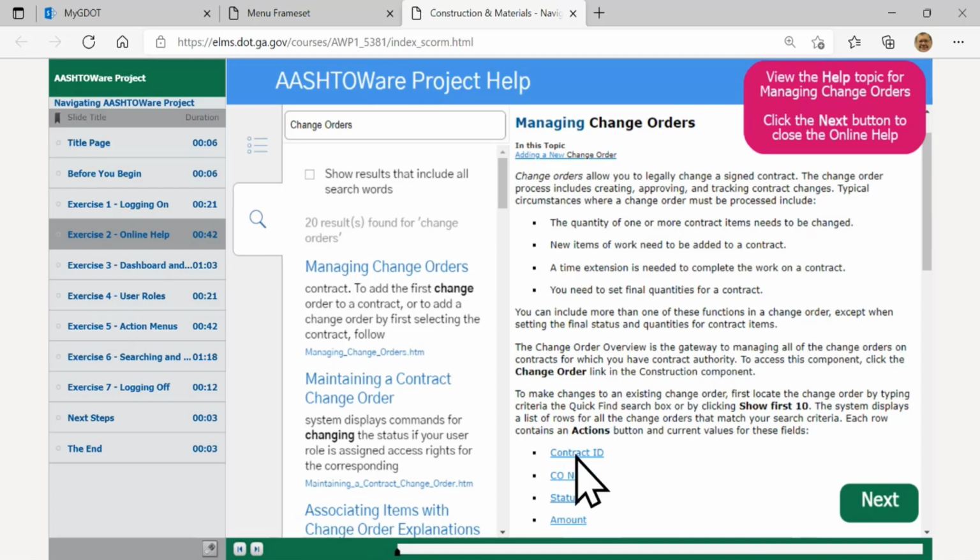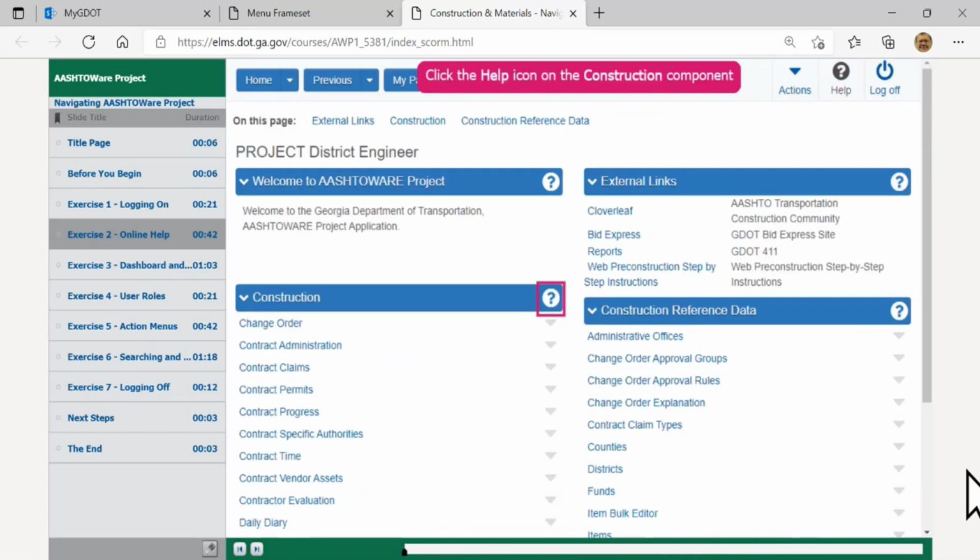There are also other links further down where I can find more information about the change orders and help you understand working with that. But that gets into other tools, so we won't go into more detail with that. To move forward, we can close the online help because it'll usually open up in a pane that we can close in the live environment. But in this case, let's just go ahead and click on the Next button to close the online help. That brings me back here to my dashboard.